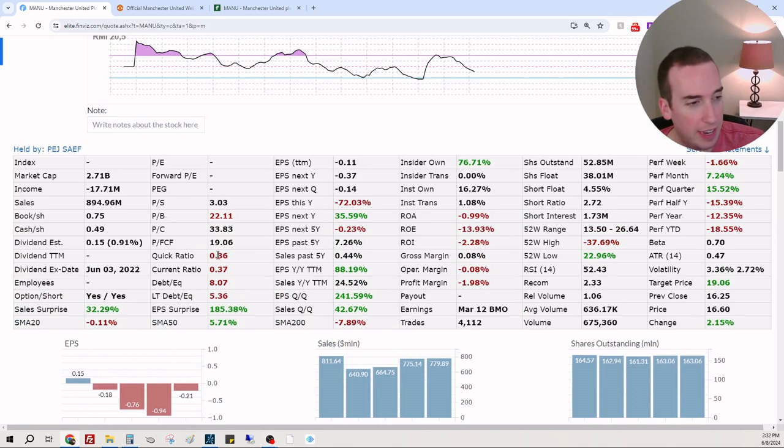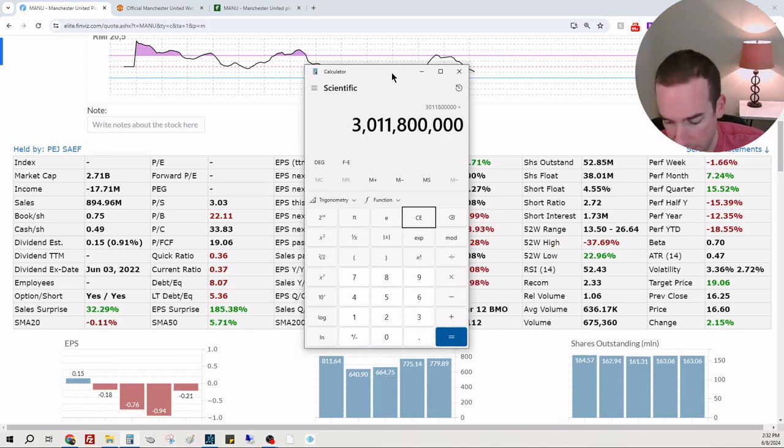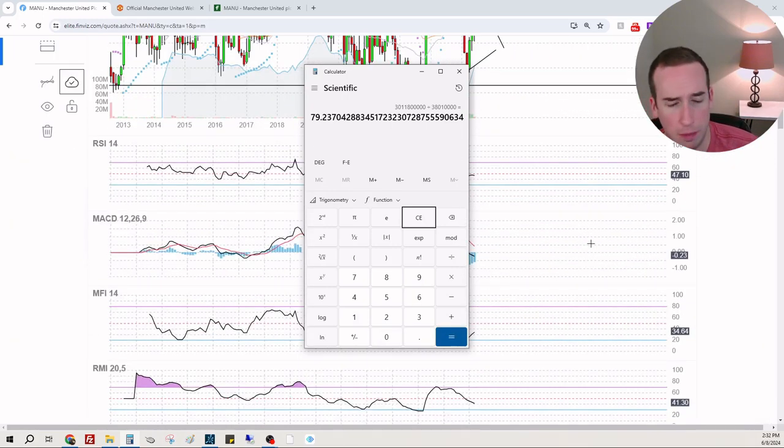Quick ratio, red flag, obviously. This wasn't as big of a concern as we thought, but you can see they're addressing it. It went from 8 and then long term down to 5. Yeah. Okay, let's finish up our calculation here. We're going to divide this by 38,100,000. Sorry, 30,010,000. It's saying a $79 stock, but